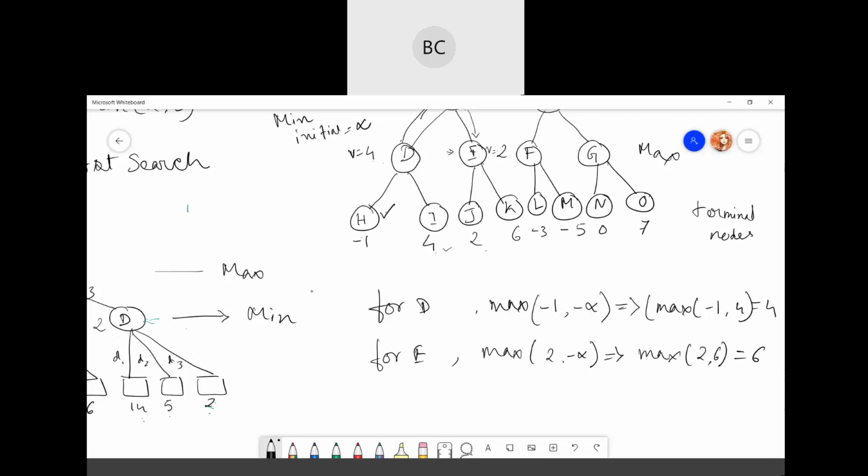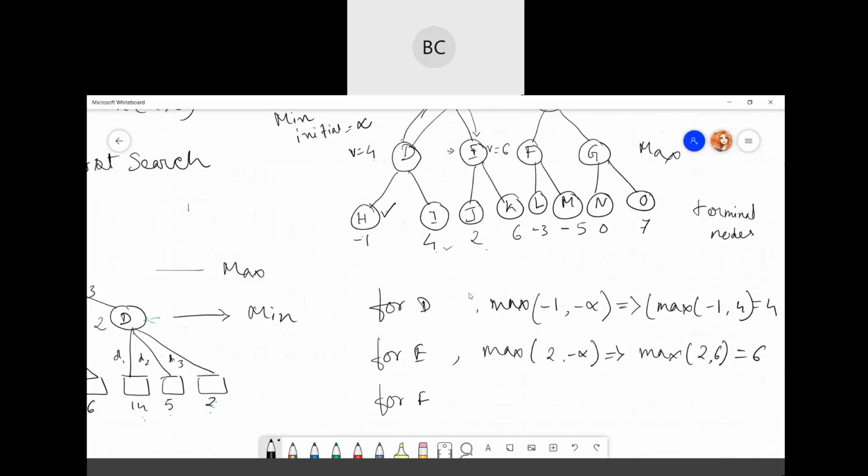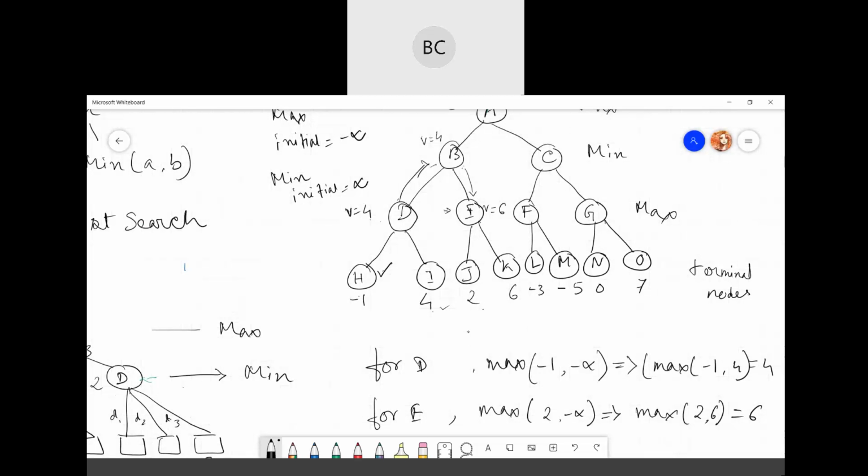Now the value is 6. So again I'll update the value here. Now the value will become 6. So let's just finish the down portion first. So for node E and its sibling, we have v equal to 6 and v equal to 4 here.